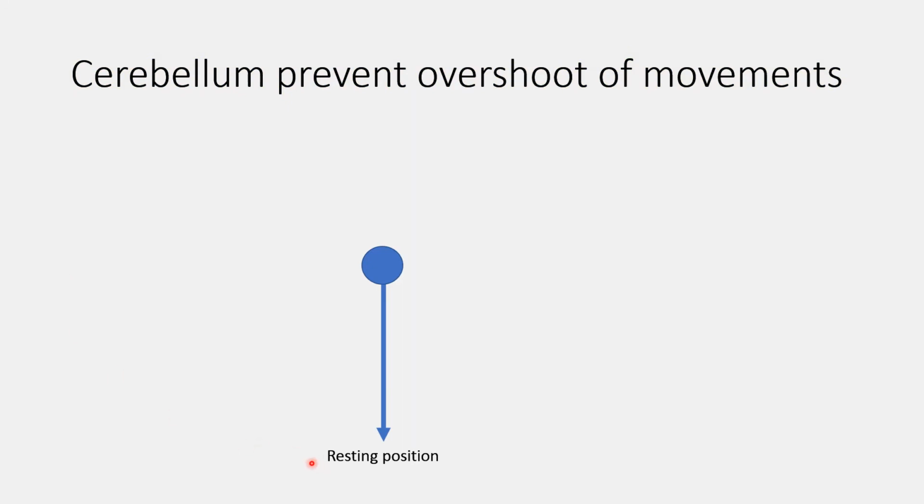Here we can see the resting position of the limb, from which the limb moves towards the intended position. Initially there is an increase in the momentum towards the intended position, and when the limb reaches the intended position, momentum decreases and then stops. This occurs because of the initial excitation followed by the inhibitory drive from the deep cerebellar nuclei, which provides a damping mechanism by which the limb achieves the intended mark with smooth progression towards the intended position.